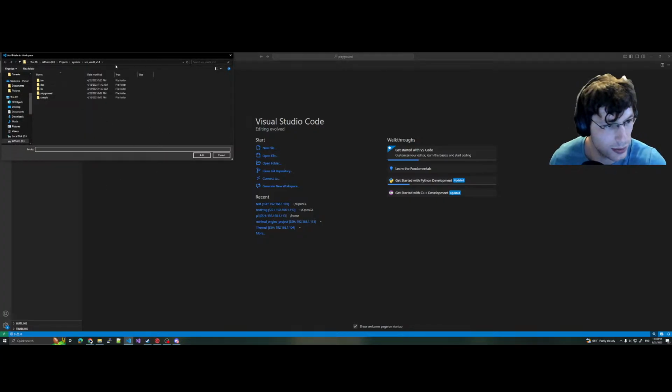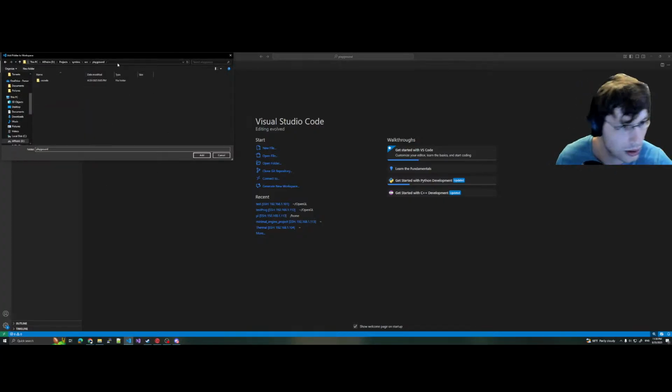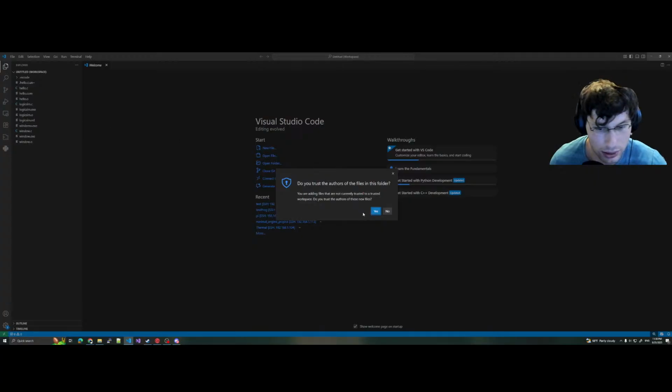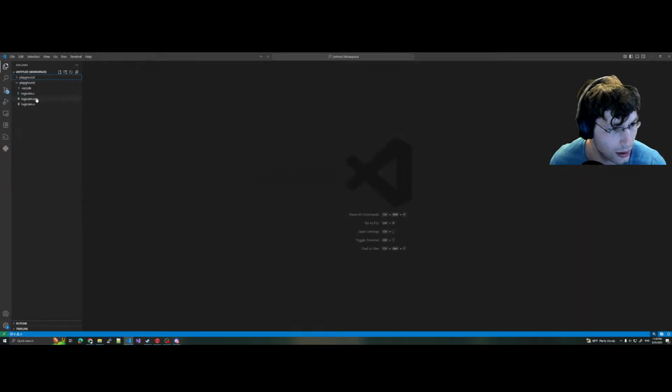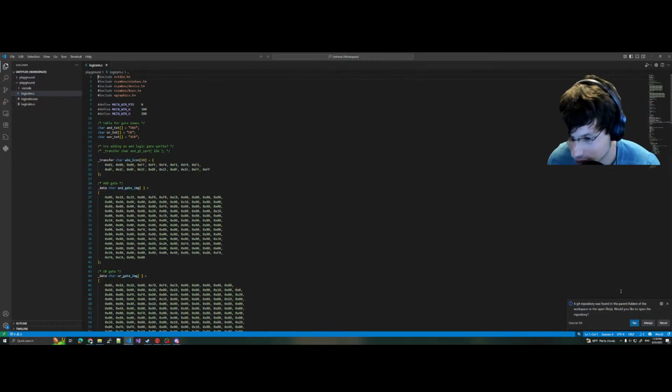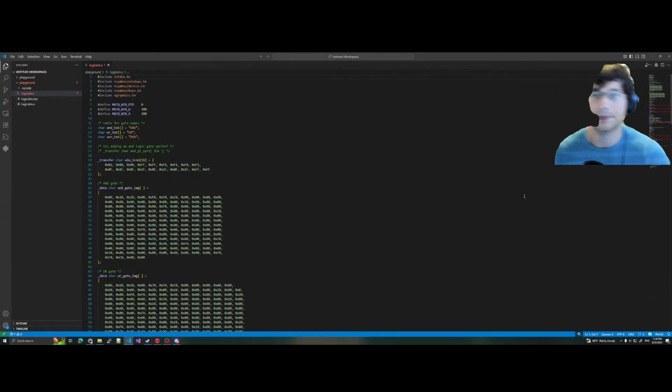Let me add folder to workspace. Add. Yes, I trust all the publishers. Okay, so